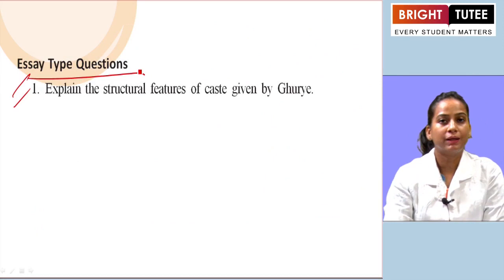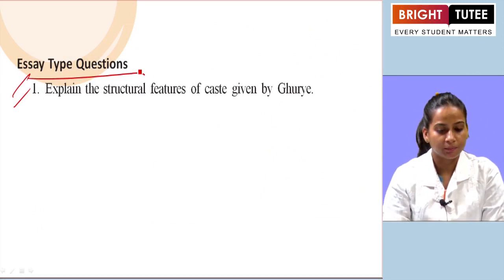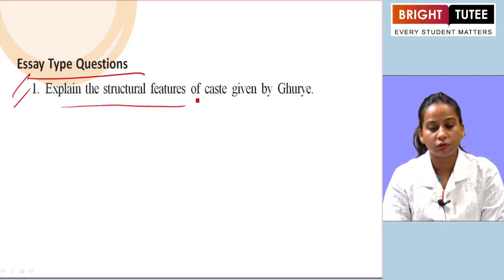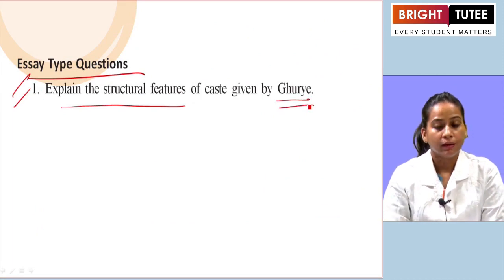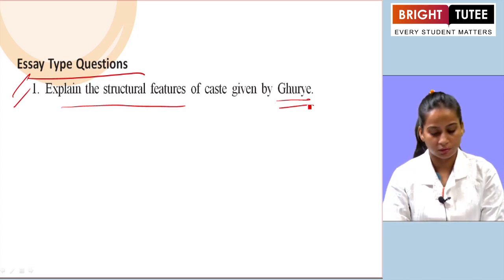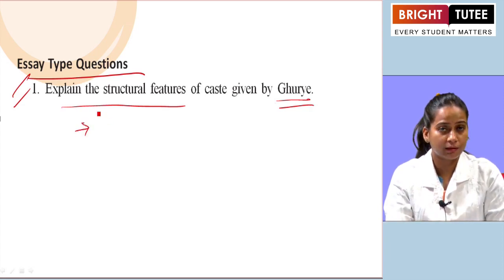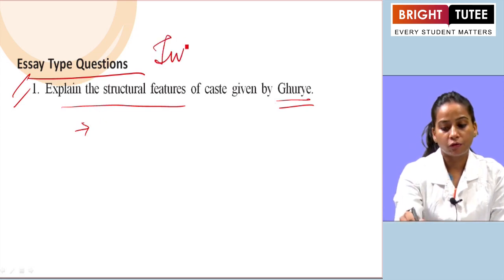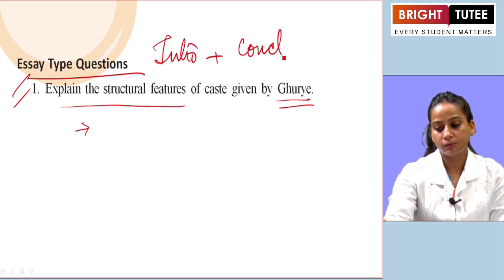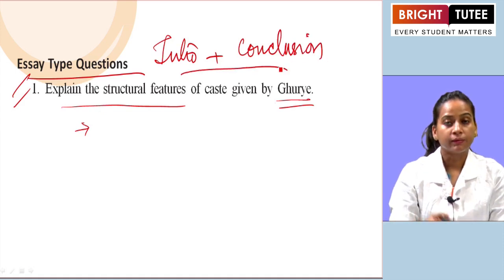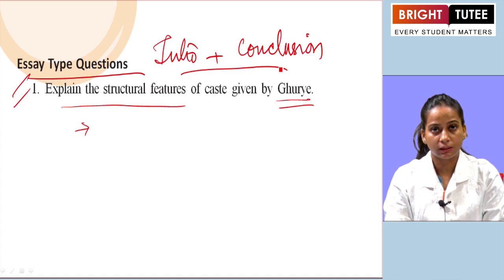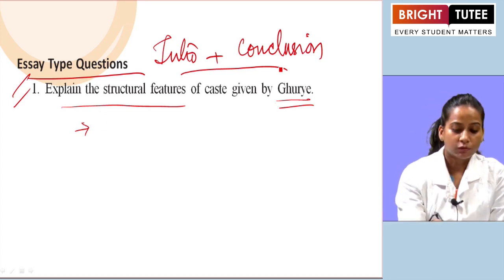Essay type questions based on topic 1 of unit 10, that is, explain the structural features of caste given by Ghurye. So here we have to discuss what were the important characteristics of the structural system given by Ghurye based on the caste. Here we can mention different points because this is an essay type question, so we have to give the intro in the beginning plus conclusion at the end. Clear? So the different points that we can take under the same answer, first one, segmental